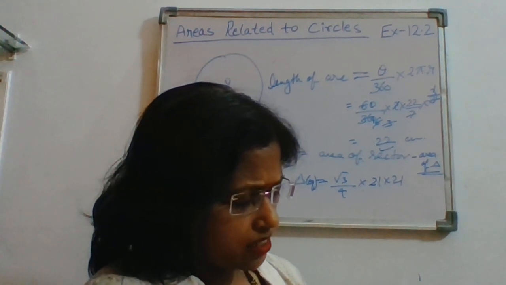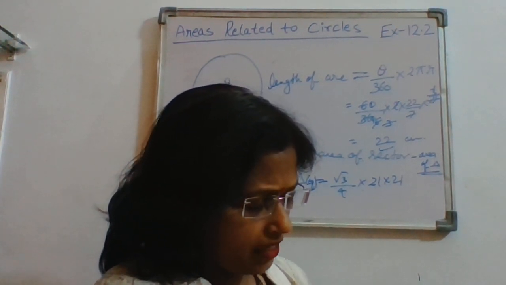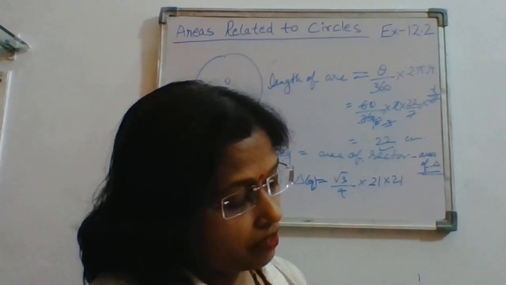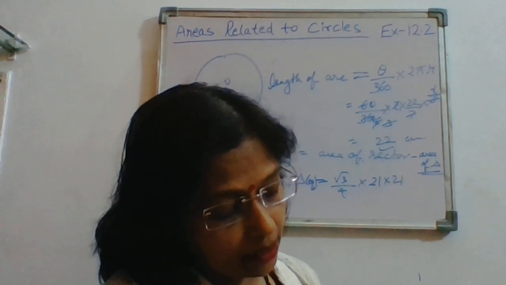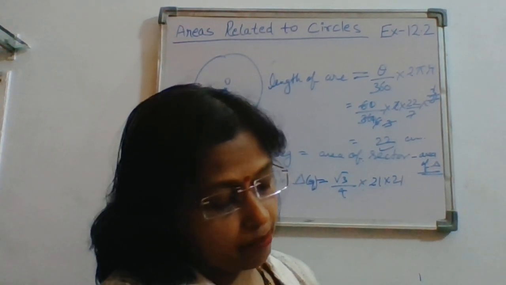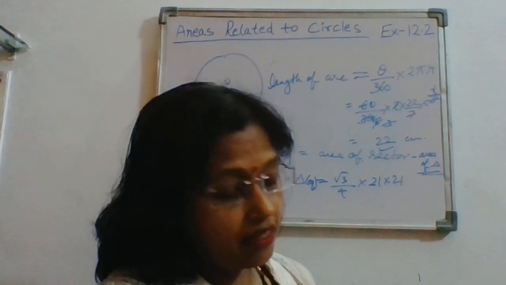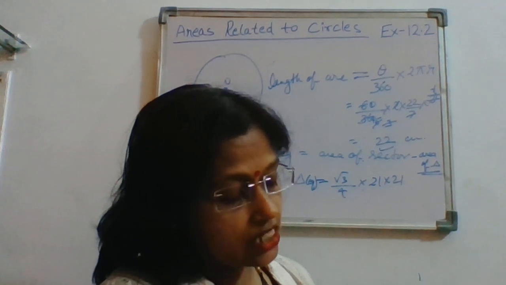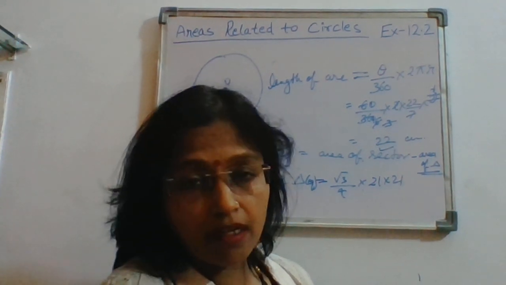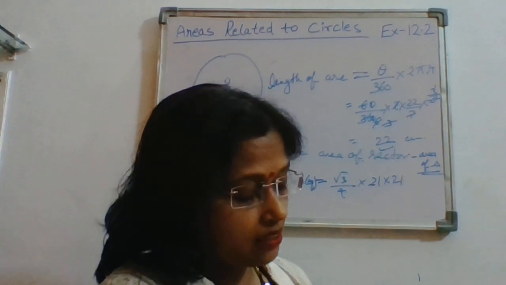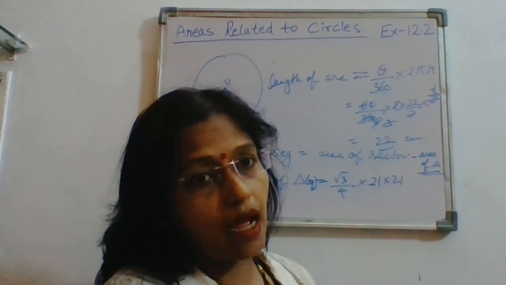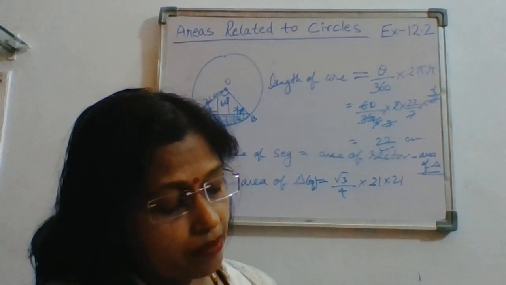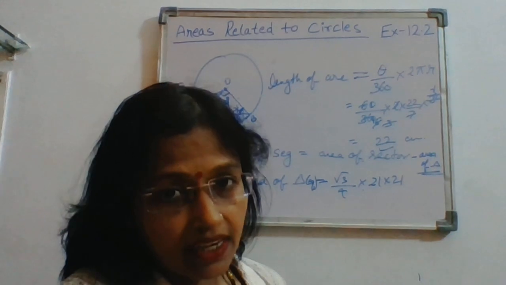Now question number 6. A chord of a circle of radius 15 centimeter subtends an angle of 60° at the center. Find the area of the corresponding minor segment and major segment of the circle. Now in this question they have given, consider root 3 as 1.73 and pi as 3.14, right? So whenever in the question a value is given, take that value only and then calculate it up to 2 decimal places, right? So here you can easily calculate, because when the radius and the central angle are given,